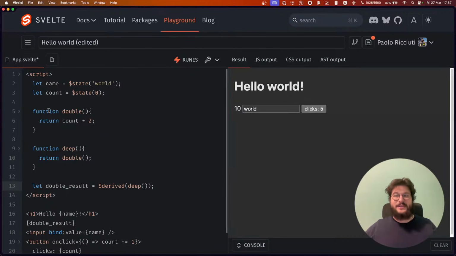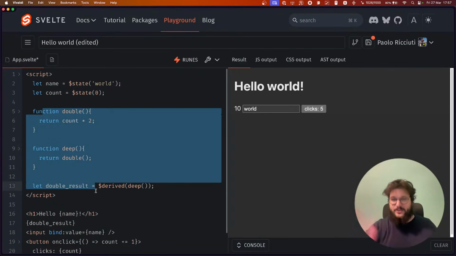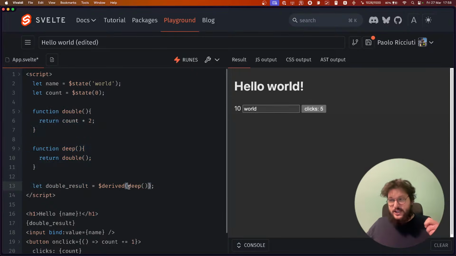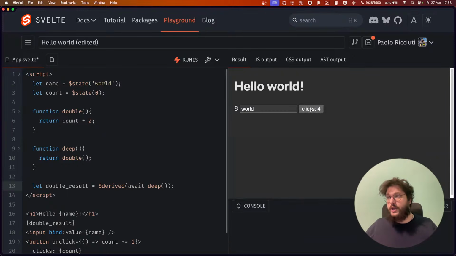There's basically no limit, you can go as deep as you want and the reactivity will always persist. However, to do the magic that we do with async await, we can't do that. Now, if I just add an await here, this will still work and there are no issues here.